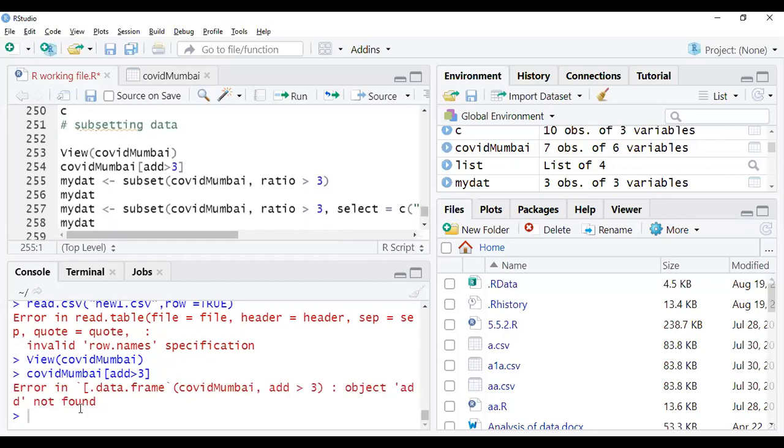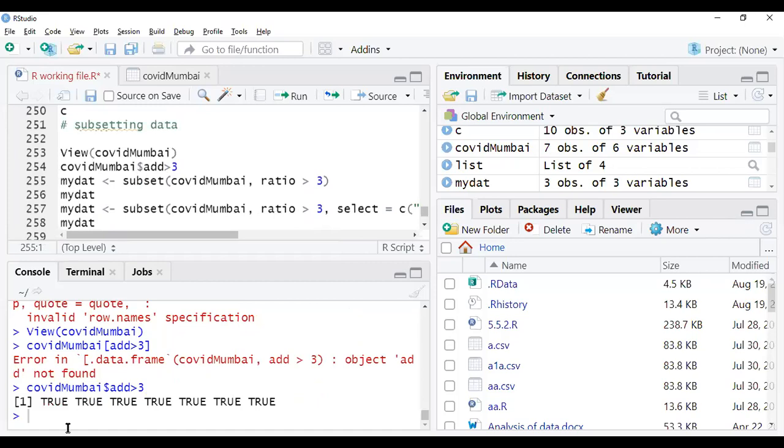You can see here that add is not found. So maybe I'll remove this bracket and try a dollar sign, whether it works out. See what it's saying. It's not actually giving me data. Or I can take ratio. Just take ratio, ratio greater than 3.